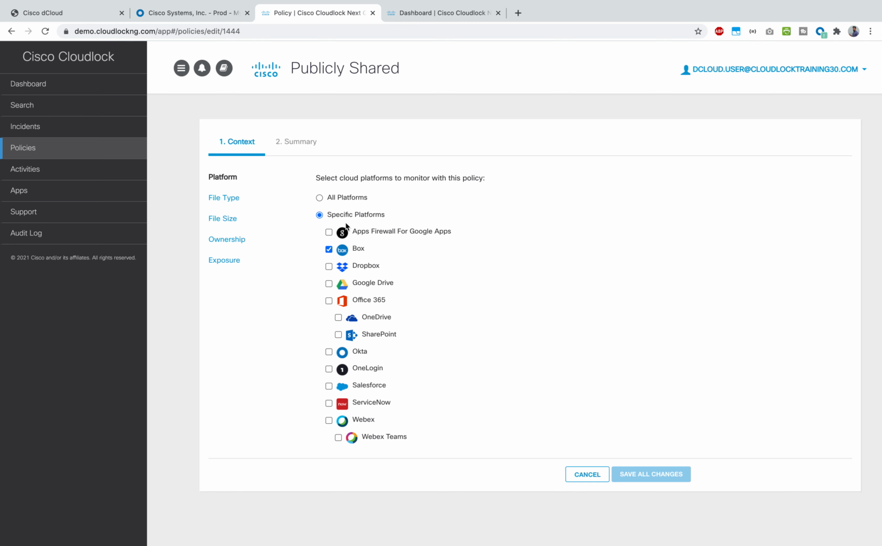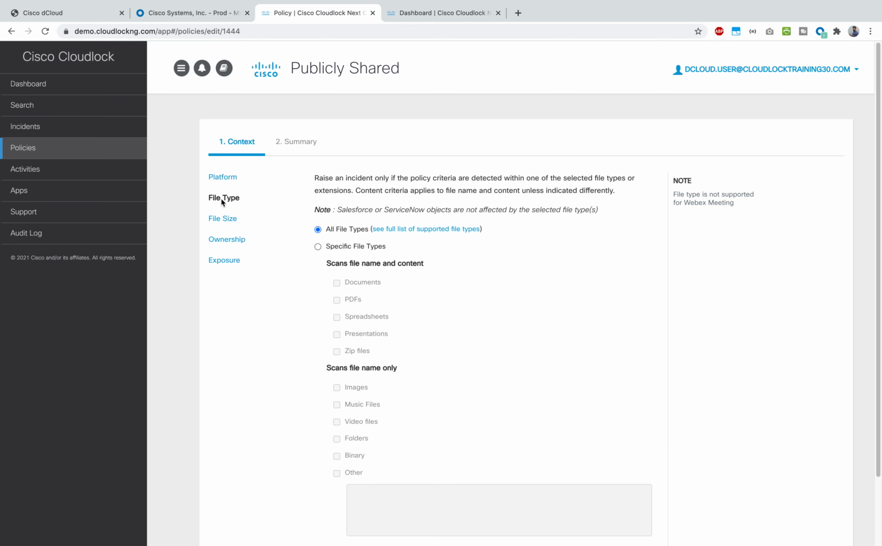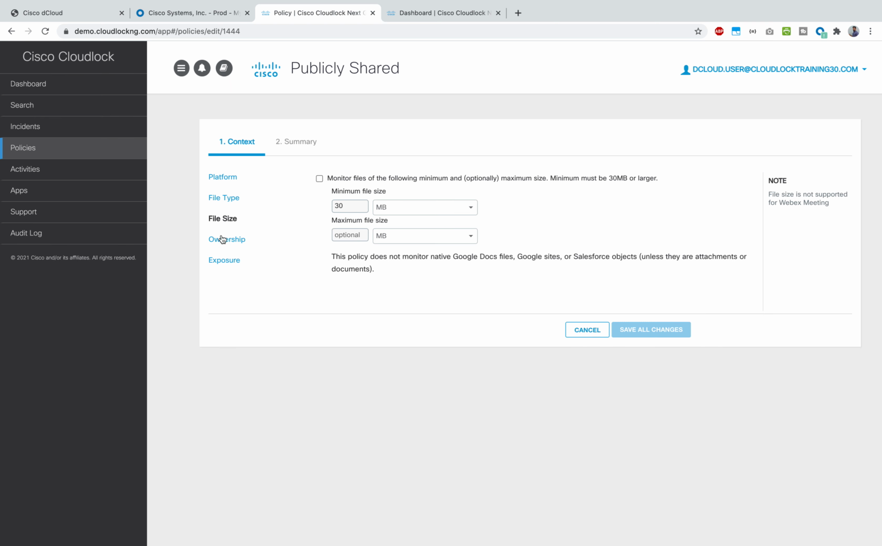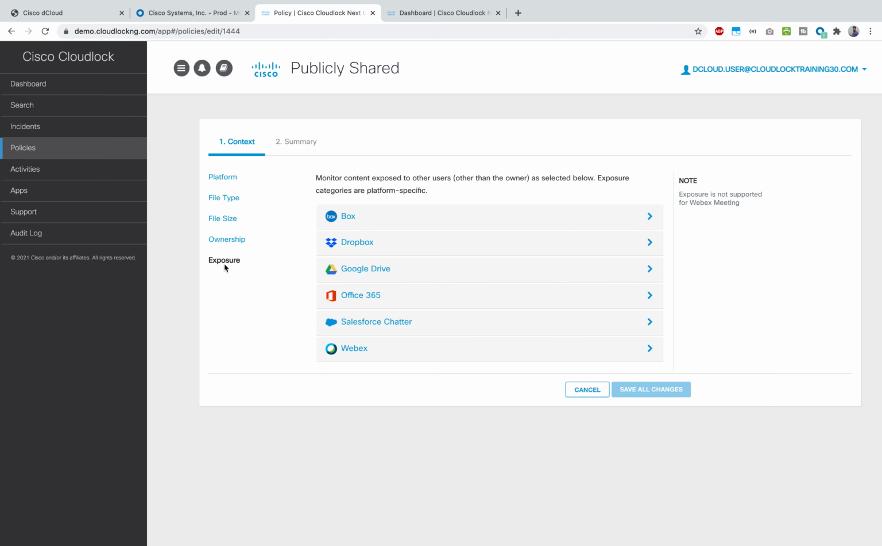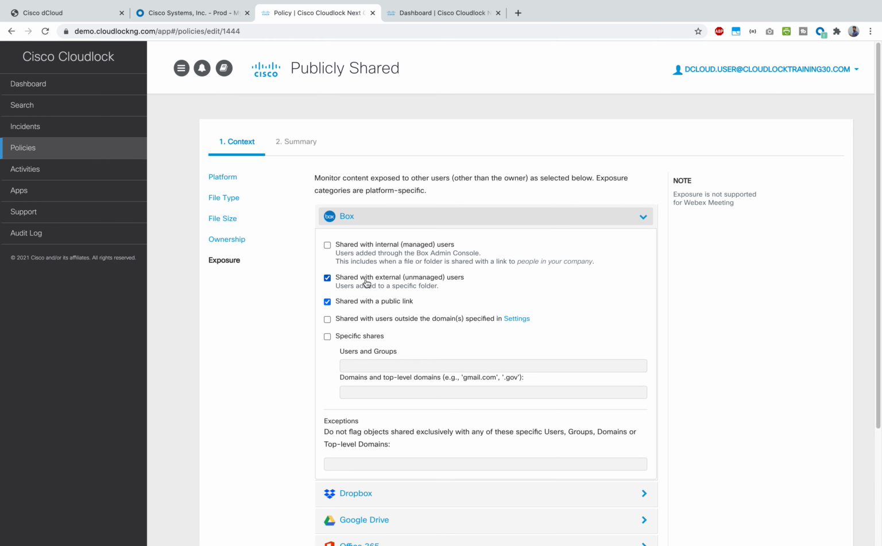You can edit here and you can see the platform is Box, the file type, it is tracking all the files, right? File size, ownership, exposure, right? And under exposure, under Box, you can see they have enabled this policy where whenever you try to share